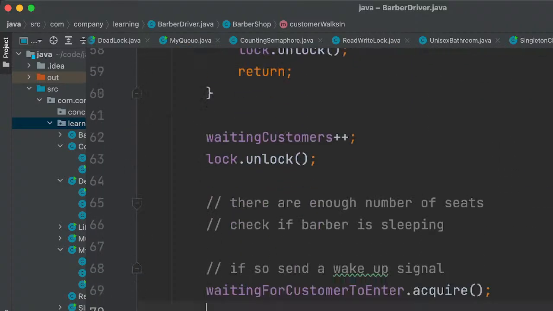So only one customer can be served by the barber at any point of time, so needs to wait for the barber signal on completing the haircut,